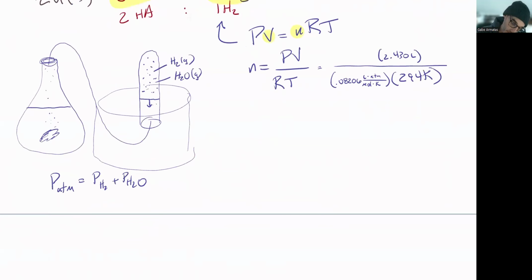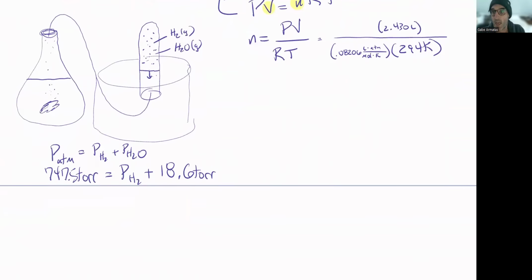If we look back at our problem, we see that we have 747.5 torr of atmospheric pressure. 747.5 torr is equal to the pressure of the hydrogen, that's what we want, plus the, I think it's 18, let me check, yep, 18.6 torr of the vapor pressure of water. So subtract those. The pressure of the hydrogen and the pressure of the water gives me the total pressure. So what we end up with is doing the subtraction. My pressure of H2 is equal to